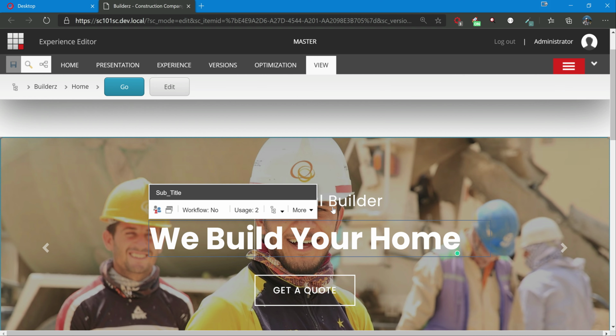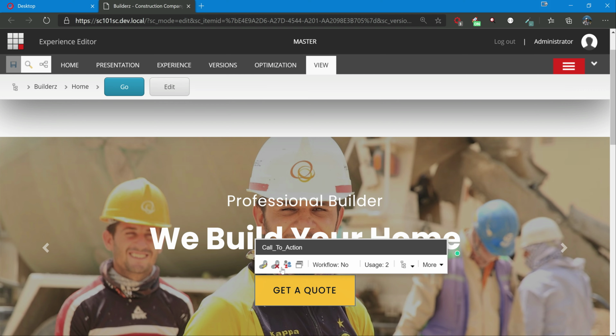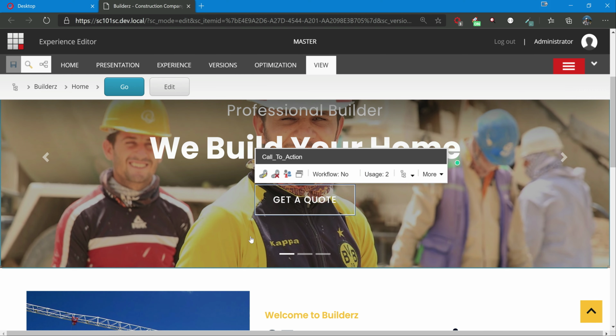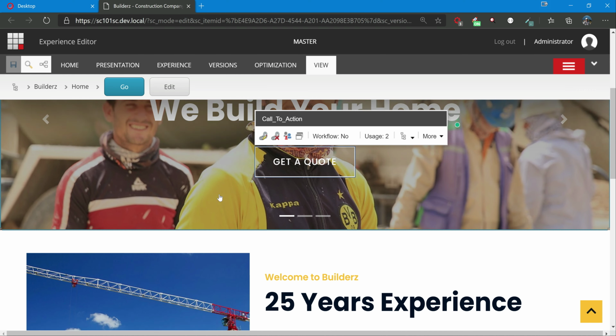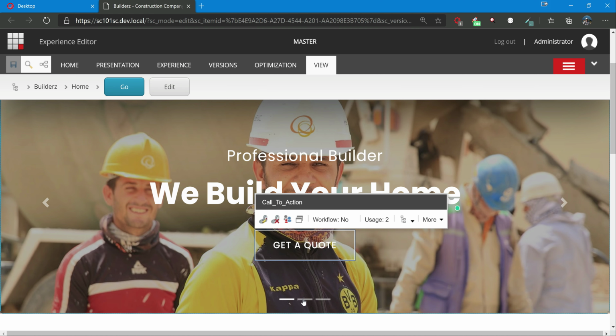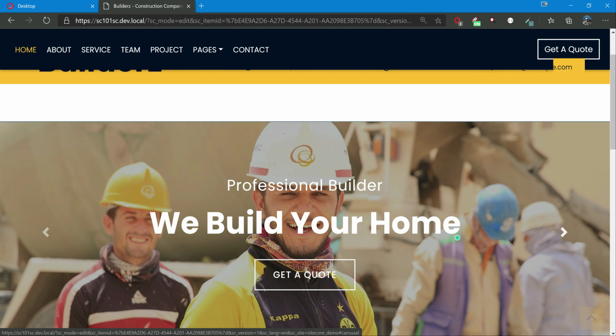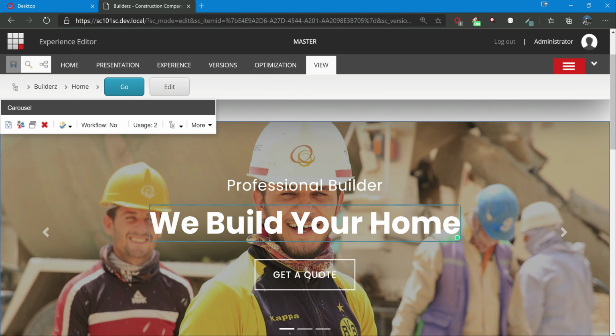This one and the title we read like a direct value, so later we'll change the code, but otherwise the subtitle and here if you check, the link you can edit and the image you can edit. But the problem is, here you will have multiple slides, so you can go back to each slide and edit the content. If you move to the next slide, you will be able to edit the content on the other slide.